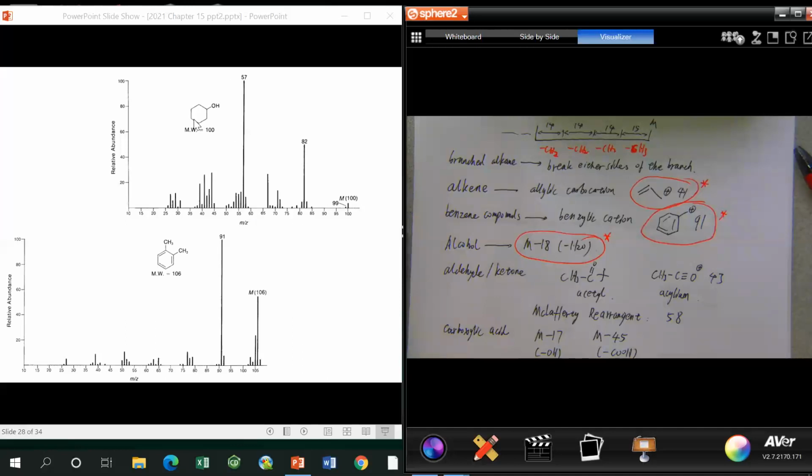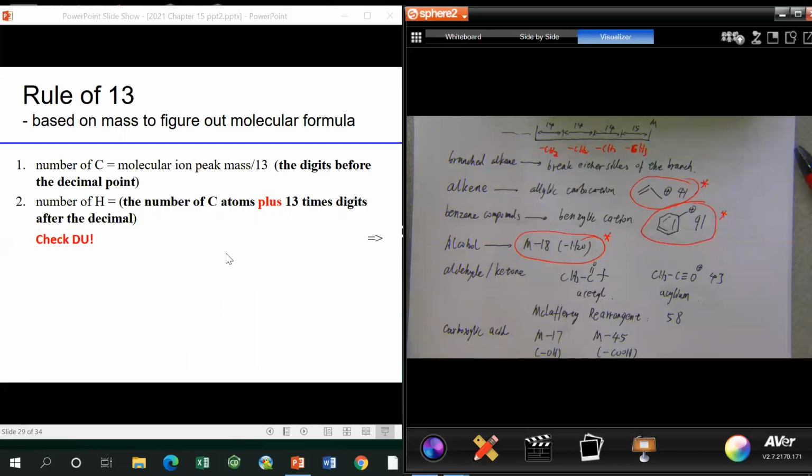So the first one is the mass spectrum for cyclohexanol. The second one is the xylene case. All right. Okay. So now